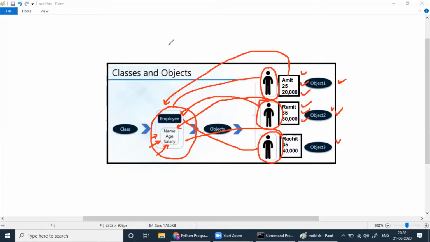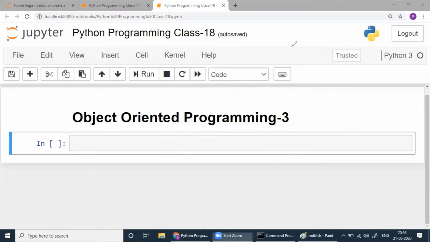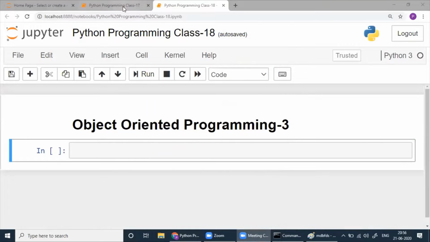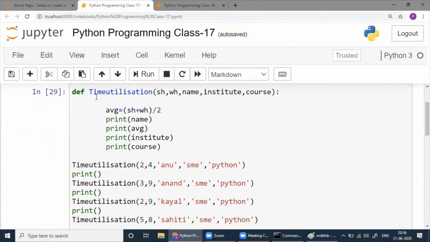So if we go back there, let me erase all. I've given the name of the class, time utilization, here.